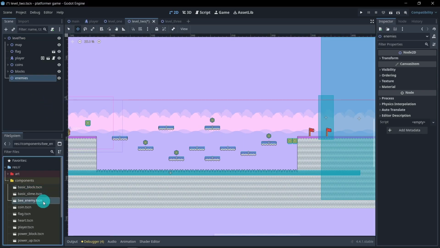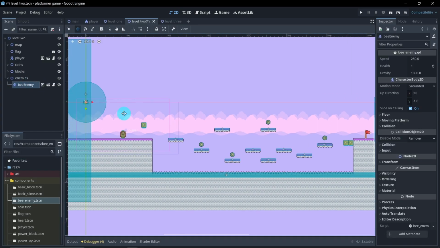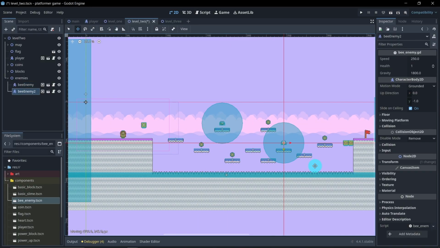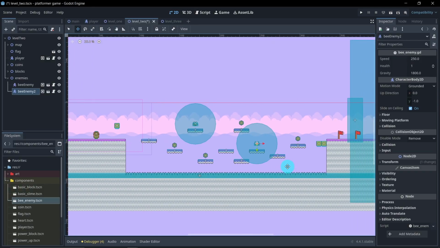Locate the bee enemy, drag and drop, and let's add those enemies. I'm going to put one right here, and let's add another over here, and then maybe one more on another platform like right there as well. Okay,